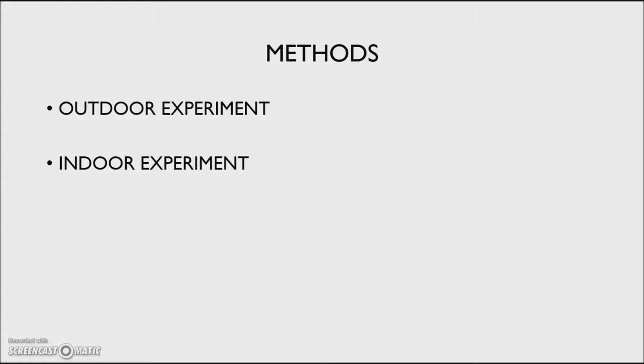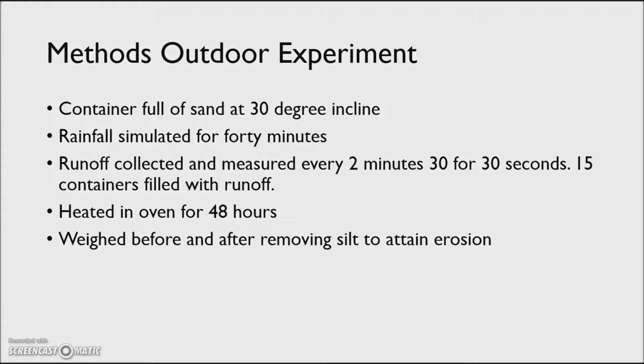Methods. There were many methods employed for the experiments conducted by the students of land rehabilitation. The methods used for the outdoor rainfall experiment were extensive and controlled, collecting runoff rates and more importantly erosion via runoff. Firstly, the rainfall machine simulated monsoonal rainfall every 10 seconds for 40 minutes over light and heavy rock cover. 3 containers full of Pilbara sand were set up on a 30-degree incline below it.